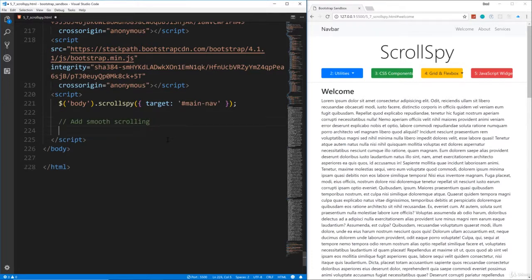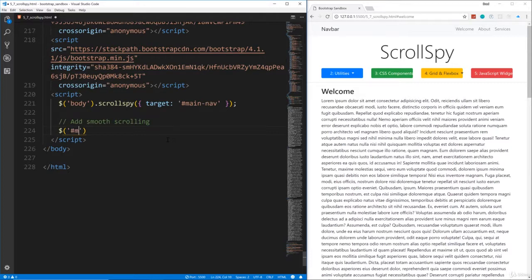Now, if you're not really that familiar with JavaScript or jQuery, don't worry about it. This is a small block of code that you can put in a snippets file somewhere, and you can use it on any kind of single page Bootstrap theme where you want to use this smooth scrolling. All right, I'll try to explain what I can as we go, but don't worry about it if you don't